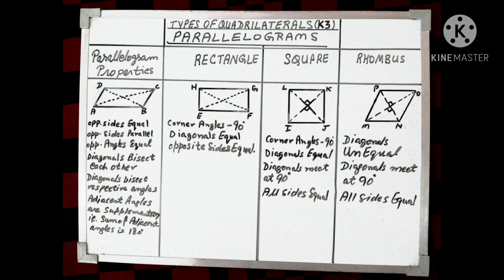So in the last class, we had a discussion of the types of quadrilaterals. You got a basic idea of the types of quadrilaterals, where we discussed parallelogram, rectangle, trapezium, isosceles trapezium, square, rhombus and the kite. Today I will explain the types of parallelograms in a very detailed manner, right? So just pay attention to the explanation and focus on the board.